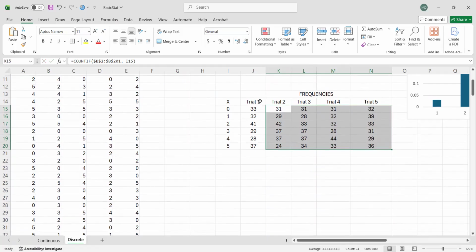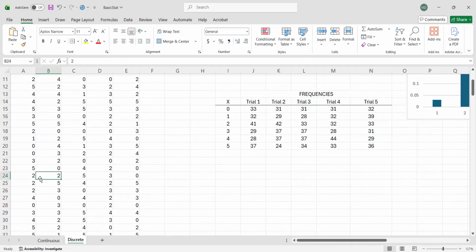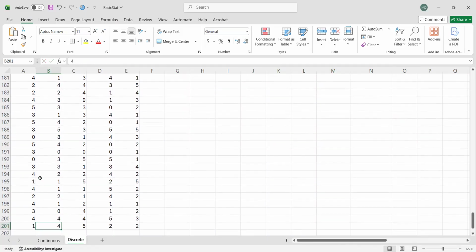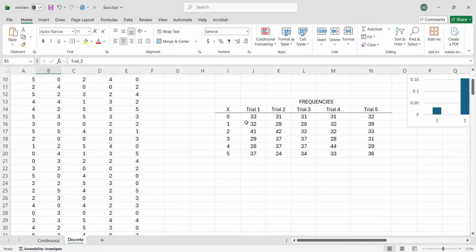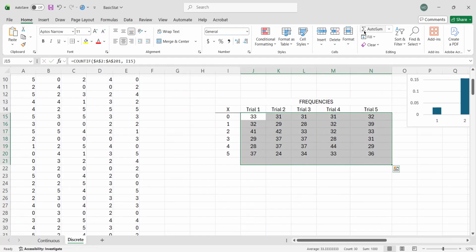So let's check if each has a total of, I think, 200 observations. Let's take the sum of each. As you can see, it's all 200.